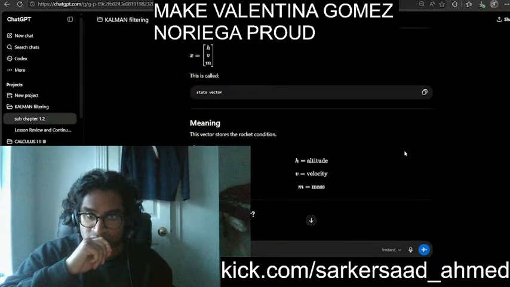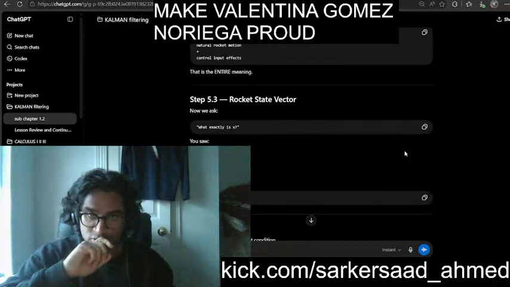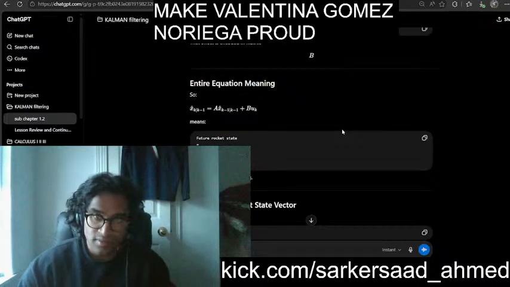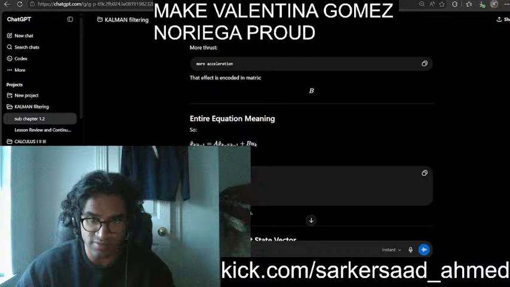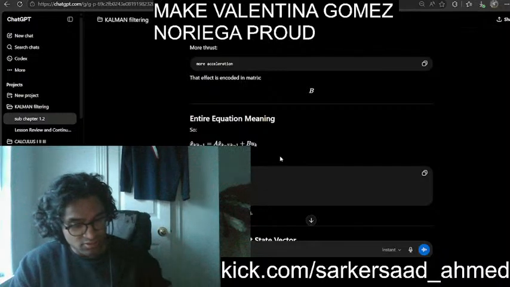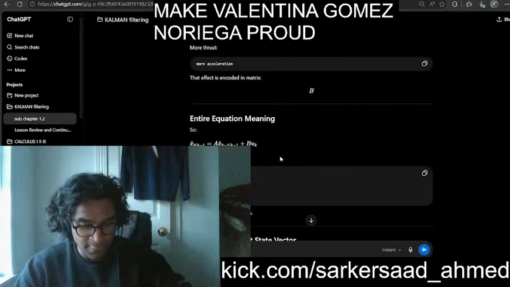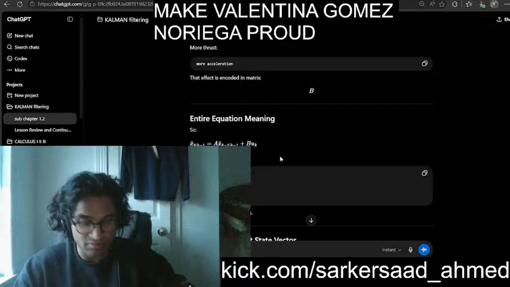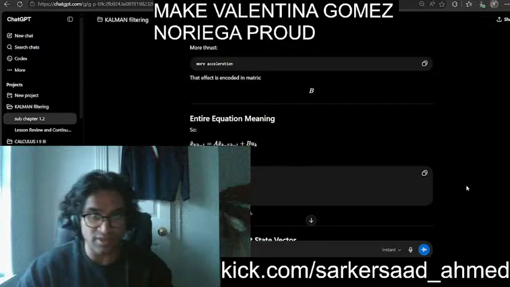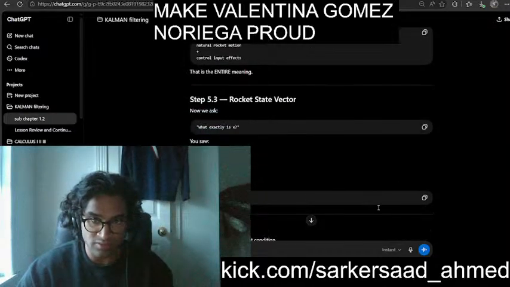Let's move to... Oh shit, we're still in 5.3. All right. So the entire equation ends up x hat of k given k minus 1 is equal to A of... So the future rocket state is equivalent to the natural rocket motion plus the control input effect. So then, therefore, we're going to have x hat of k given k minus 1 is equal to A x hat of k minus 1 plus B u of k. Now we ask what exactly is